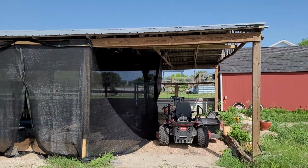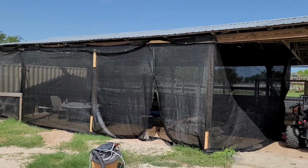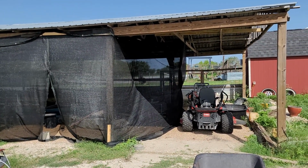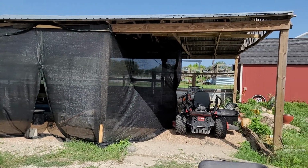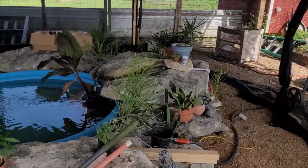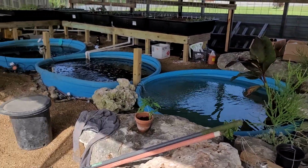So we had this pole barn that is about 42 by 25-ish. Wasn't being used for anything. We had a trailer under there, but we decided we wanted to do this aquaponics. It was an already set up structure. So we'll walk you through into our little oasis. So we dug in these 650-gallon tanks,